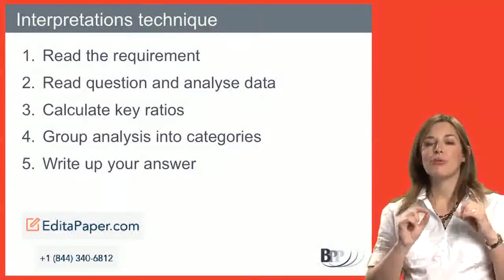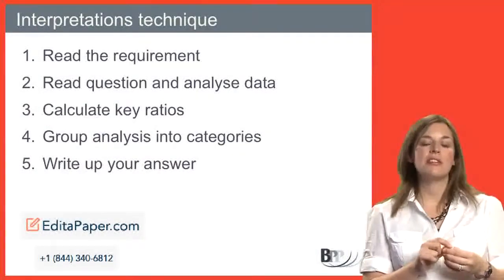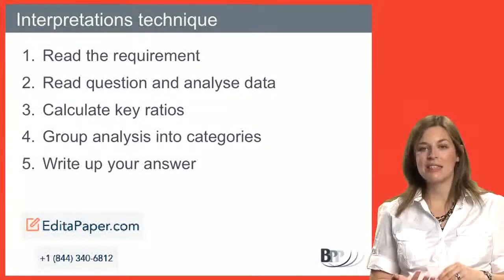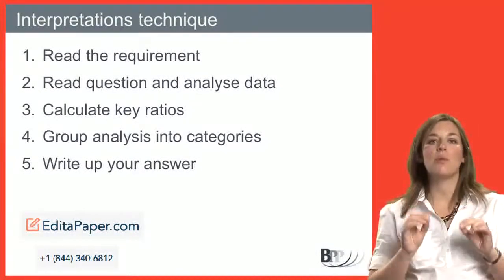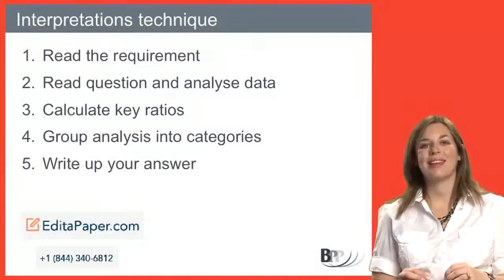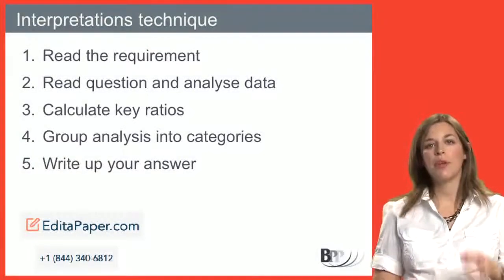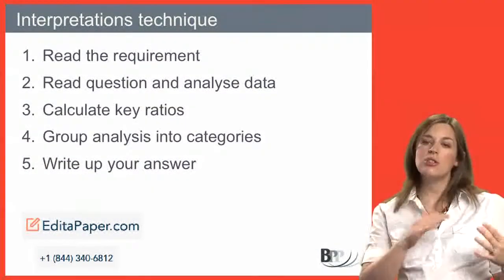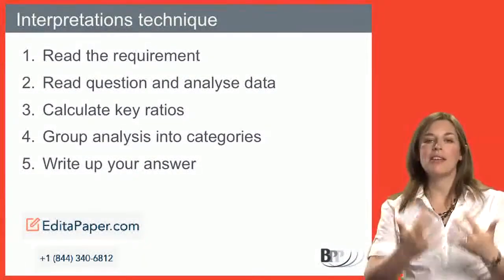Now, writing up your answer, think about the ratios you've identified, what you've identified from reading your analysis and reading the question, and ask yourself the key question, which is why? Why has this changed? Why has this happened? I've just written up a couple of paragraphs and we'll have a quick run through, talking about those three ratios that I've calculated